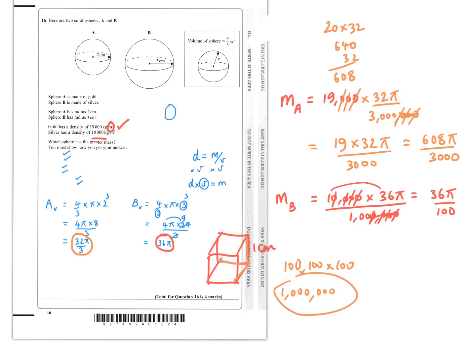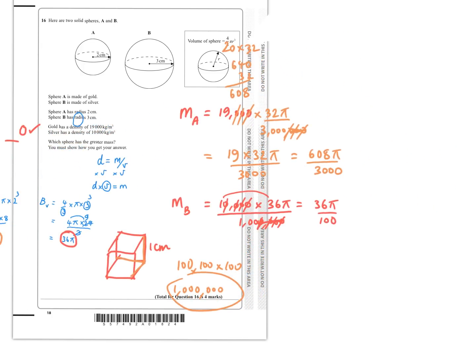So let's compare these now. So a bit more space. And we shouldn't be too far off an answer now. So this one cancels down to 304 out of 1,500 pi, which is 152 out of 750 pi, which is 76 out of 375 pi. And this one here is going to be 18 pi over 50, which is 9 pi over 25. Now, I'm probably going to get loads of complaints for the way I've done this question, but if you kind of compare